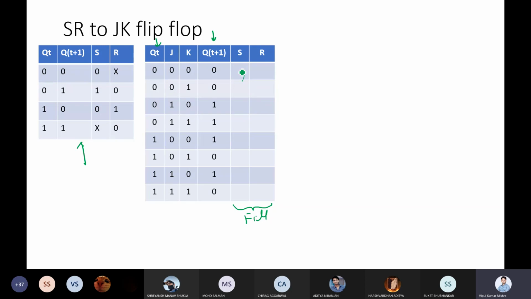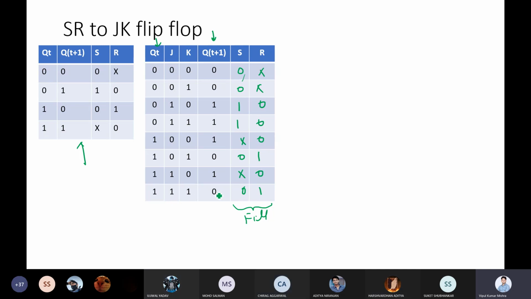Can you tell the entries here? 0x, 0x, 10, 10, 10, x0, x0, 01, x0, x0 and the last 10. The last one is 0, how?